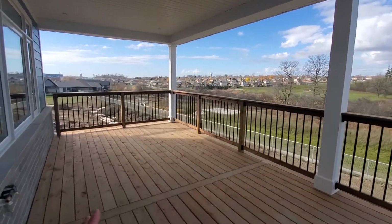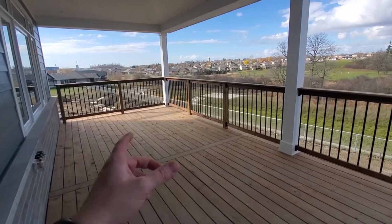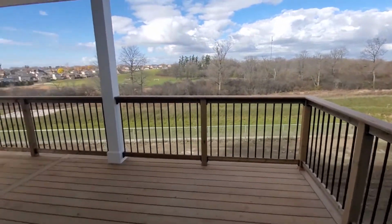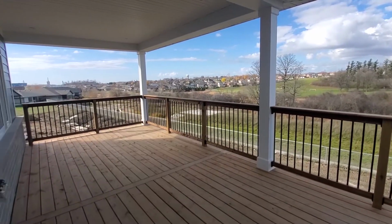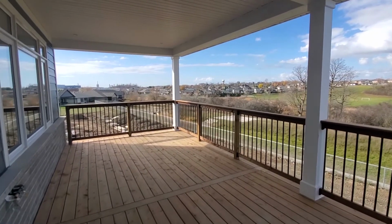Nothing overly special about the deck itself. It's all pressure treated, brown pressure treated wood with some nice railings and metal spindles here. And then these posts have just been finished in our PVC Sherlock system. So it's going to be a great spot out here. All right, we'll head back in